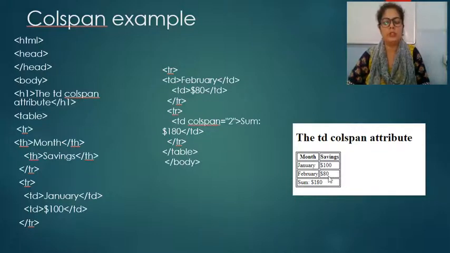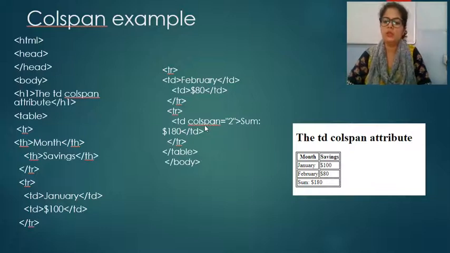We want to span these two columns into a single cell. So if we want to span, what we have to do is tr open, it means we have started row number 4, and then td. Why do we use td? We use td to enter the data in the first cell of that row. Here we want to perform spanning on the first cell of that row. So what we have to do is td colspan.